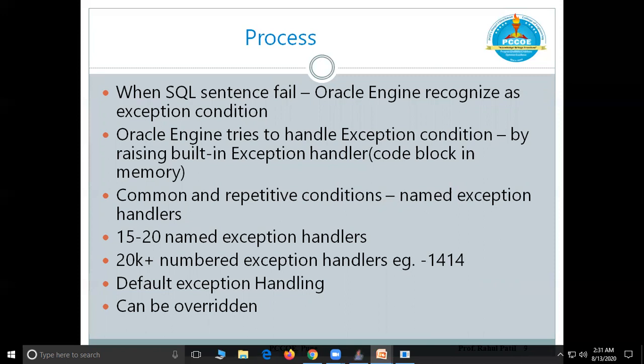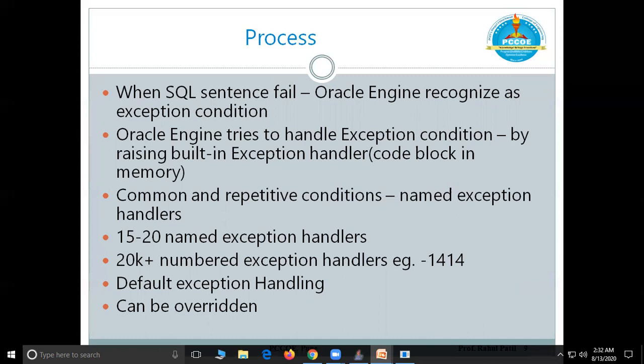Built-in exceptions are there, but in that situation, as a user, in our PL/SQL block, we can write in advance that if this kind of error comes, Oracle Engine should not call its built-in exception. Rather, Oracle Engine should execute whatever I am expecting. So we are overriding that exception handler.